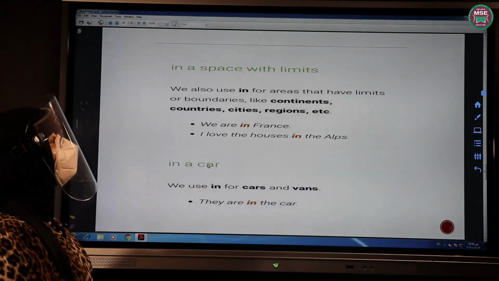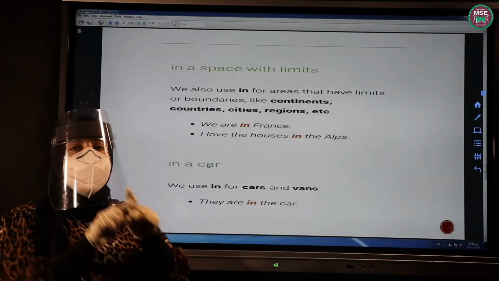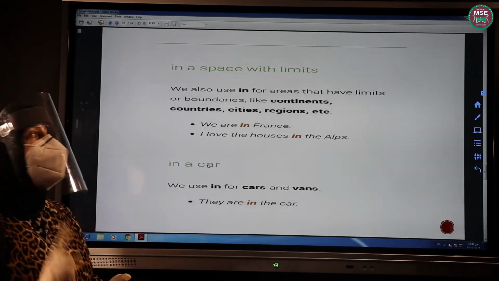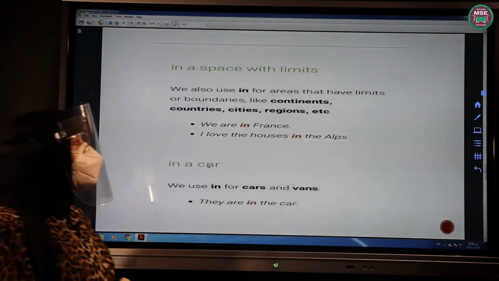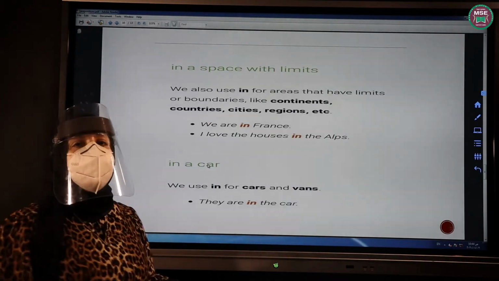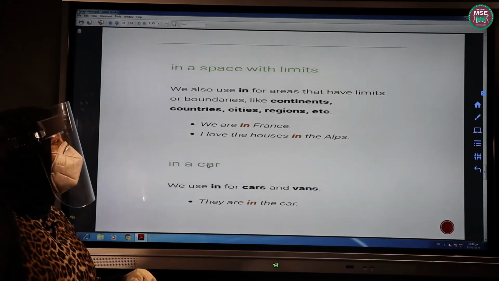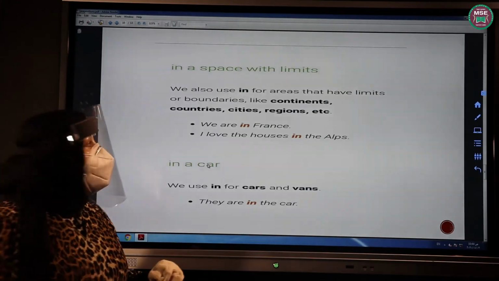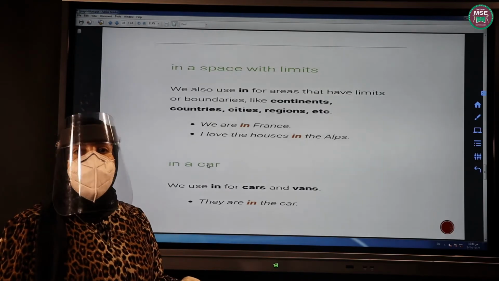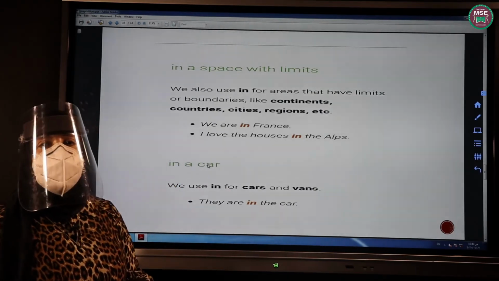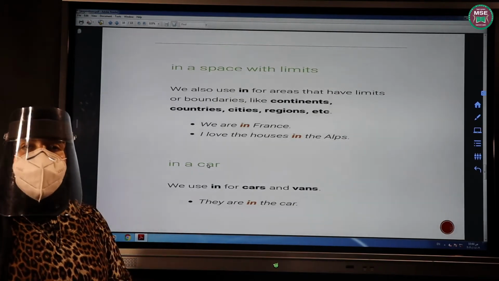Okay, in a space with limits. If this space has borders or limits, like what? Like continents, like countries, like cities, like any regions. We are in France. We live in Egypt. I love the houses in the Alps. I live in Cairo. So if I'm discussing continents, countries, cities, or regions, any place which has a border, I